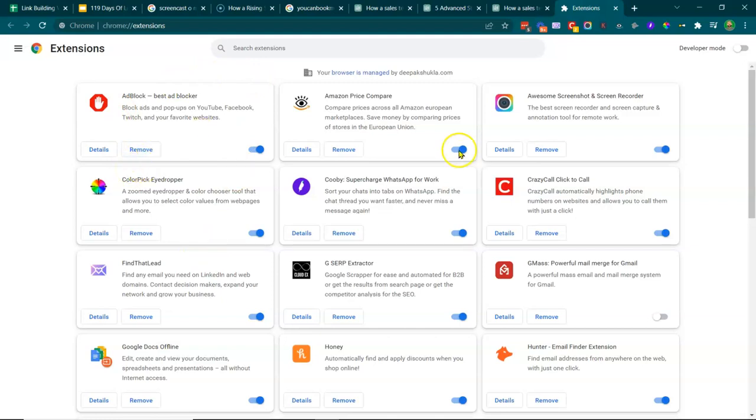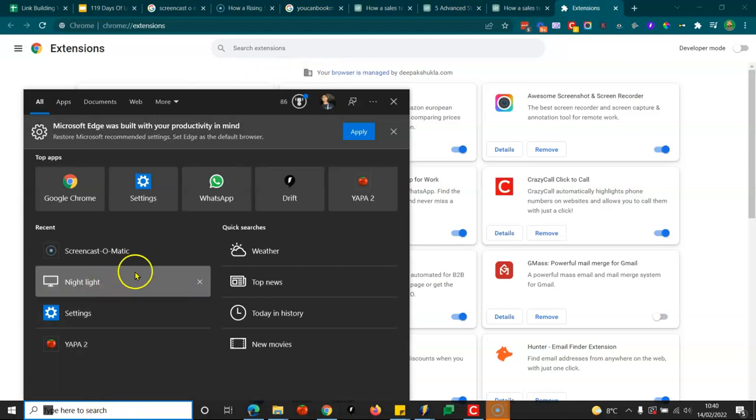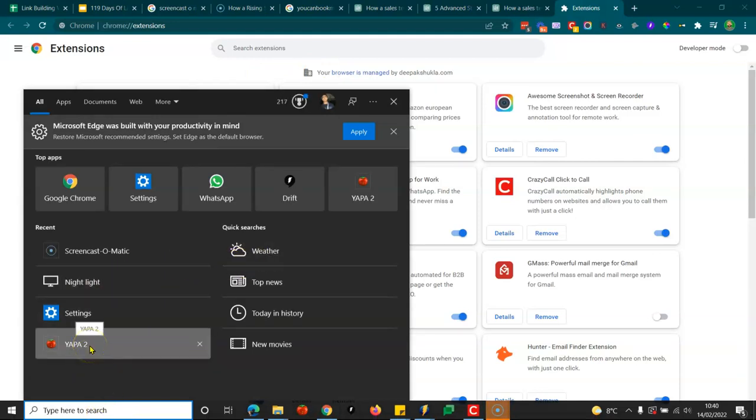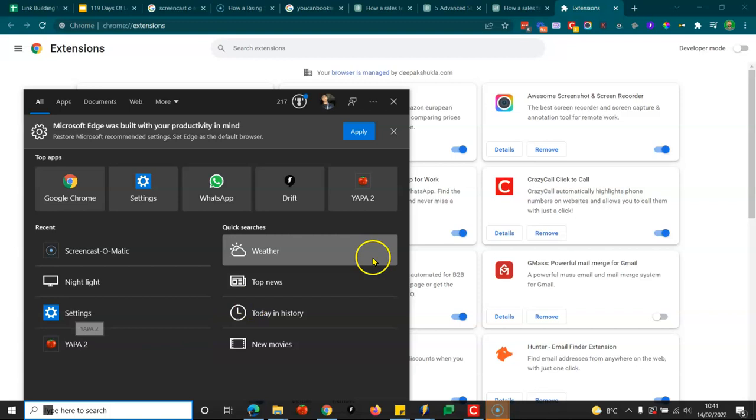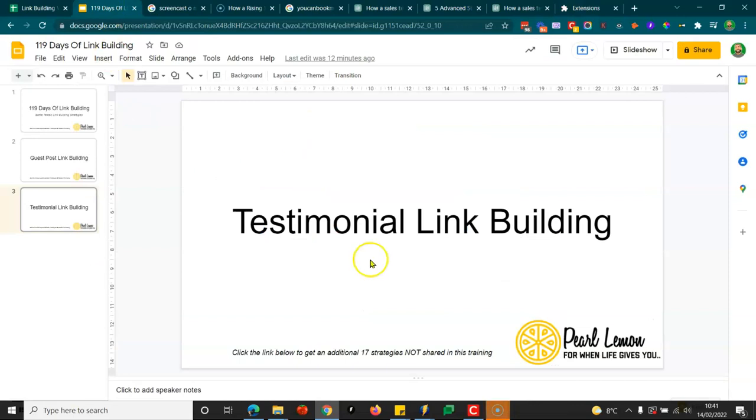So really think across the board. I've got Chrome plugins here. Also think about any tools you have software subscriptions to, and any tools that you download. Yappa tool too, that's another tool that I use. I've got Drift here. So there's a whole range of tools. And the way to think about it, here's a second element to testimonial link building, is that you need to be able to communicate a quantitative improvement in work that you do as a consequence of using that tool.